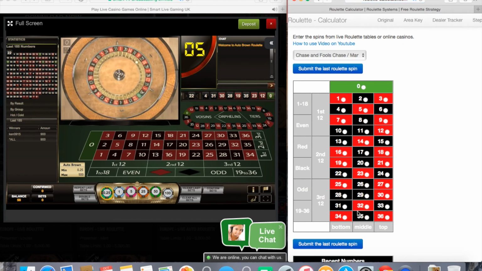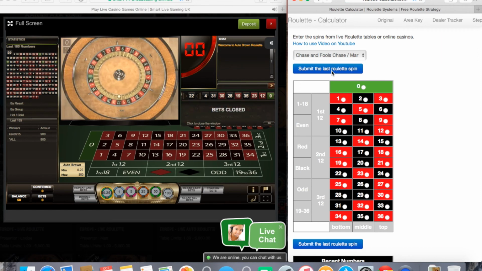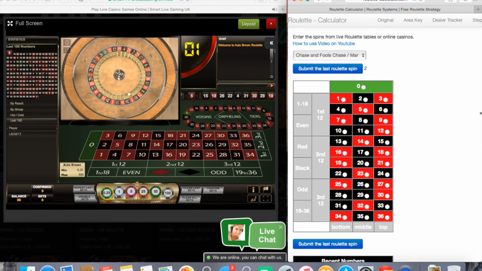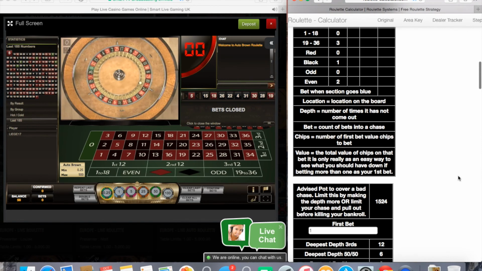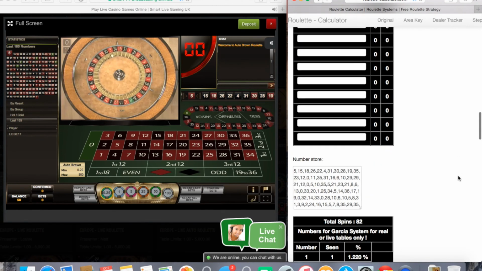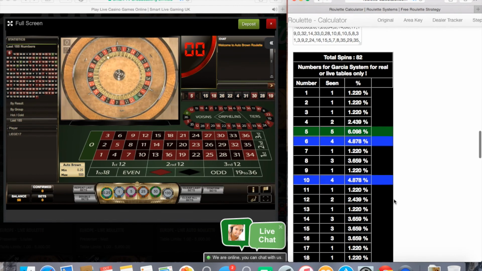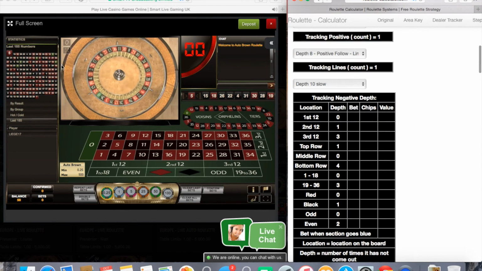Of course I'm not going to bore you and let you watch me enter every number in, so I will be right back once I've entered all of the numbers in for you. Okay, welcome back. I have now entered all of the numbers in. You look down here, you can see that I have entered 82 numbers in, and that was going, I think,